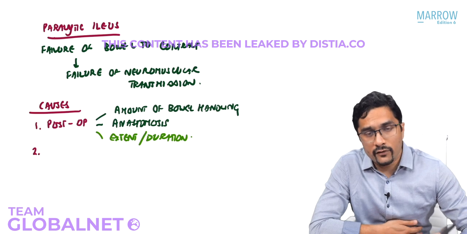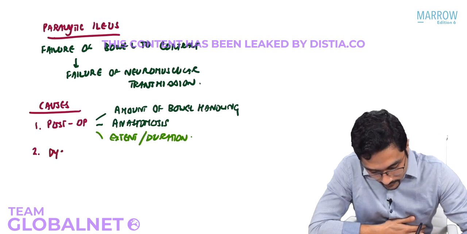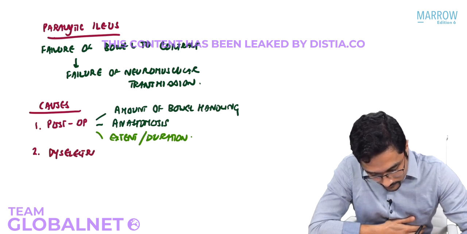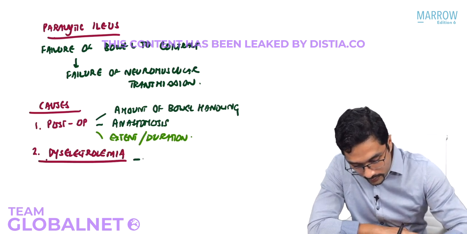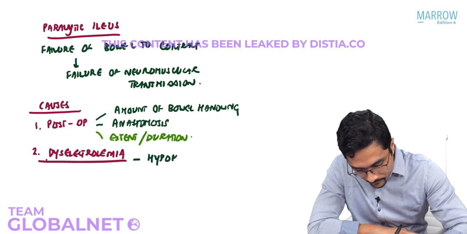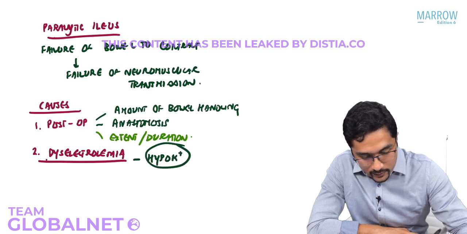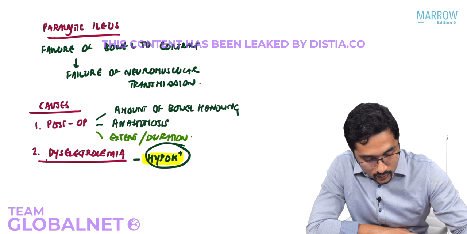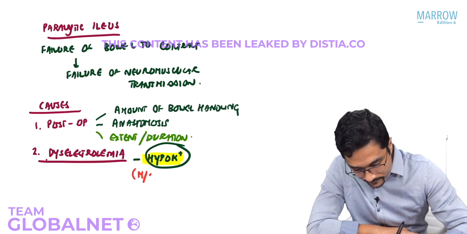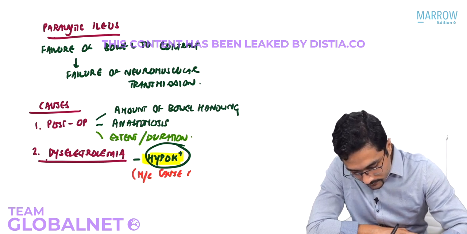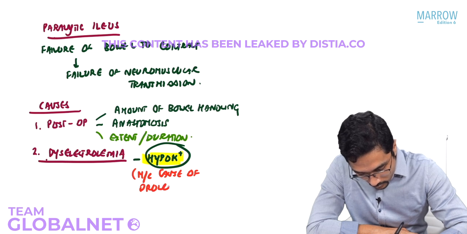Other causes of ileus can be dyselectrolemia. And very important here is hypokalemia. In fact, hypokalemia, this has been asked in multiple exams, is the most common cause of prolonged paralytic ileus. Most common cause of prolonged ileus,